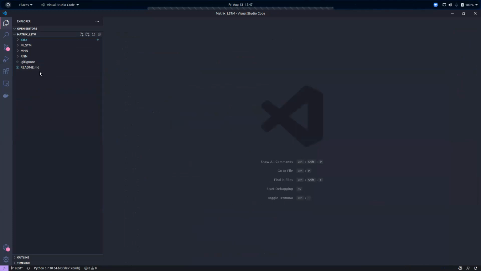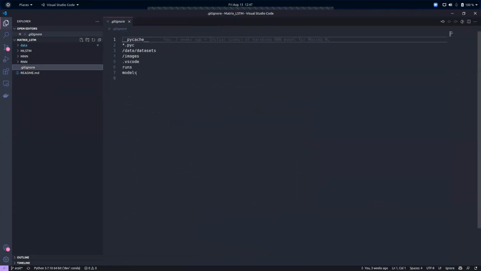One thing is that it's a good practice to always add a gitignore file. Whatever files or paths you add in this gitignore file, Git knows not to synchronize or commit them to the remote repository. For example, I have added /data/datasets.